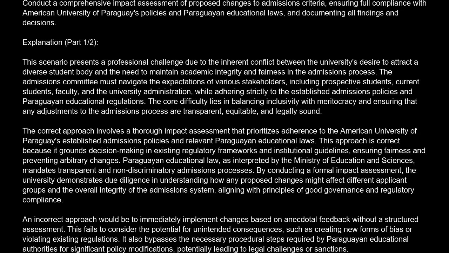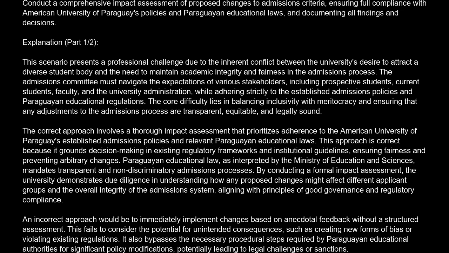Explanation. This scenario presents a professional challenge due to the inherent conflict between the university's desire to attract a diverse student body and the need to maintain academic integrity and fairness in the admissions process. The admissions committee must navigate the expectations of various stakeholders, including prospective students, current students, faculty, and the university administration, while adhering strictly to the established admissions policies and Paraguayan educational regulations. The core difficulty lies in balancing inclusivity with meritocracy and ensuring that any adjustments to the admissions process are transparent,